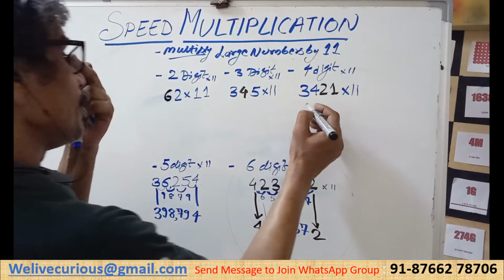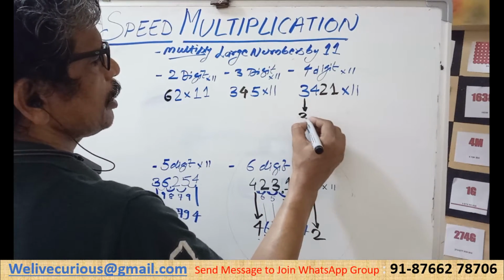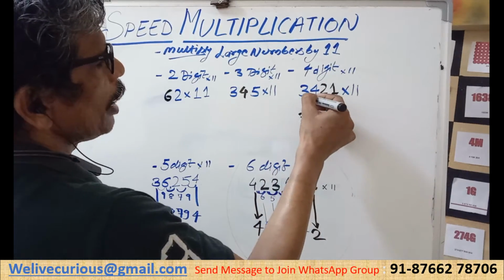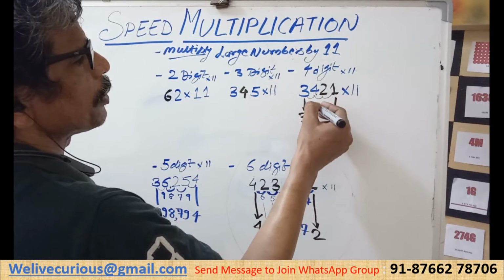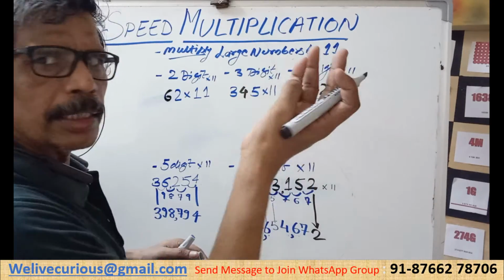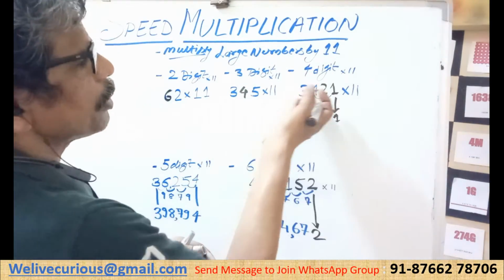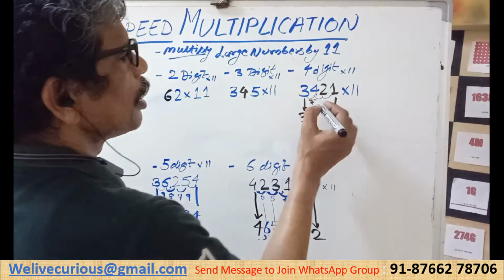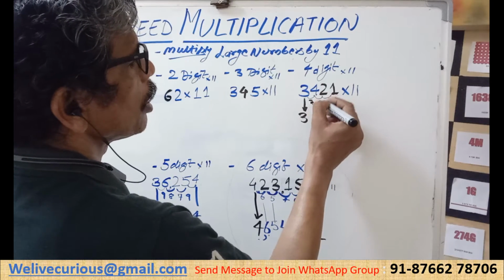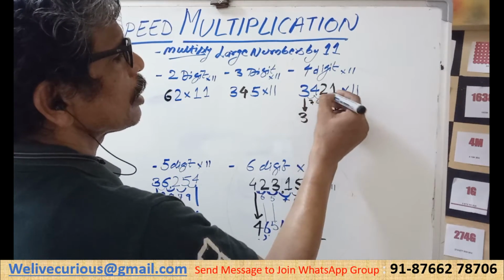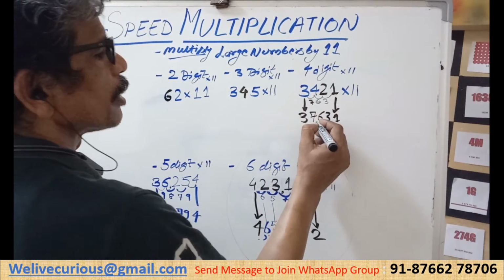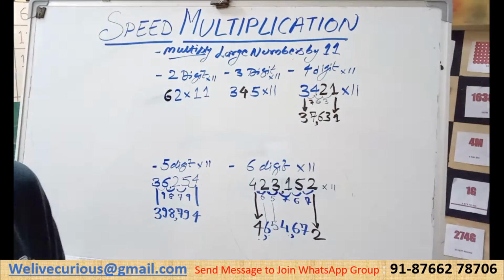Okay, let us go. Same here, we drop 3 as it is. We drop 1 as it is, the last number. And then what do we do? Add them up, add them up, add them up. 3 and 4 we say 7. 4 and 2, 4, 5, 6. I will count it as a nursery or grade 1 student. Simple. 4, 2, he cannot add? He can add, of course. And now he's multiplying by 11. He is a big boy now. 4 and 2, 6. And 2 and 1 is 3. 3, 7, 6, 3. 37,631.